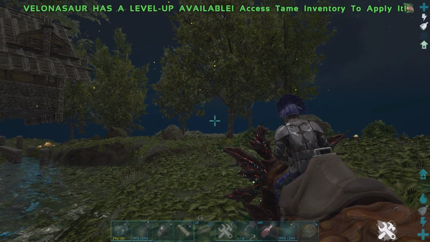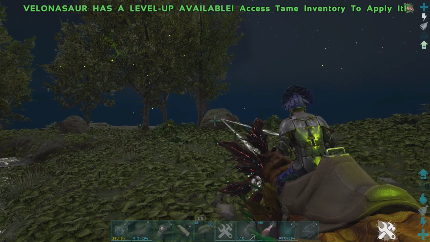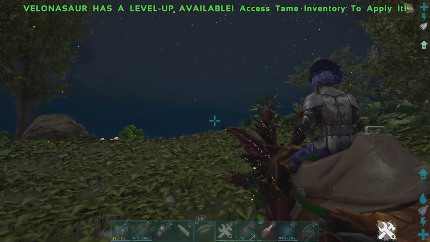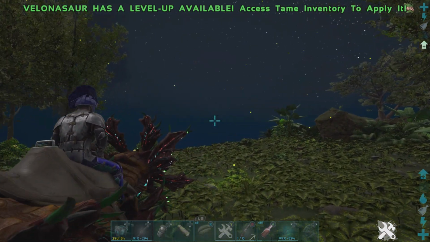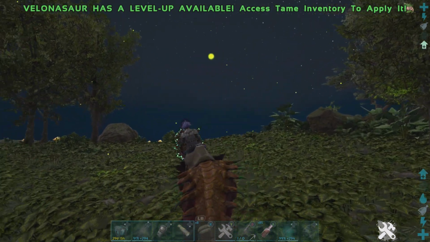Now, the range on this has been nerfed since early days. However, it is still an exceptional dino. So let me show you guys how this works on a wild creature. And before I bring that in, I do want to tell you, on flyers, there is a unique secondary effect